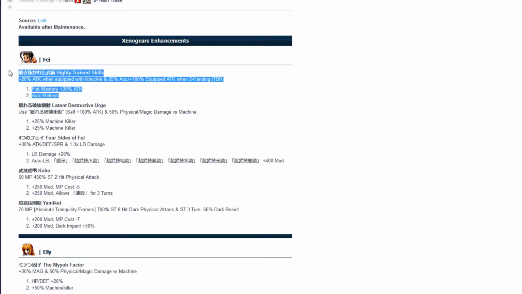So, let's start with Faye first, because he's on the top. This, of course, is really good. I hope that this means that he gets more attack, and also the 30% attack. And auto refresh is always good. This is something that's good, but unfortunately,